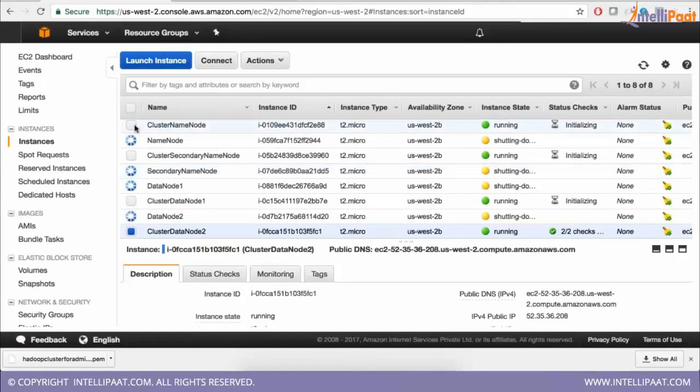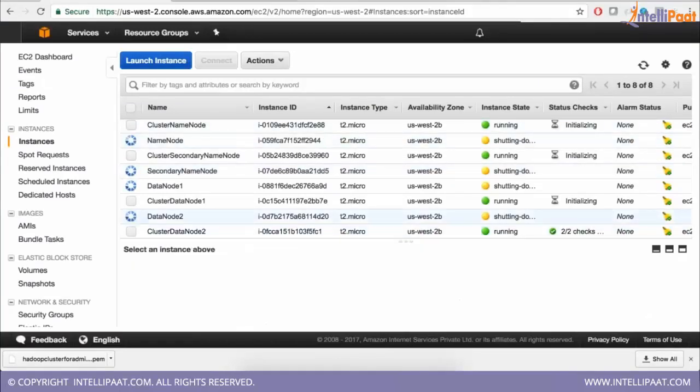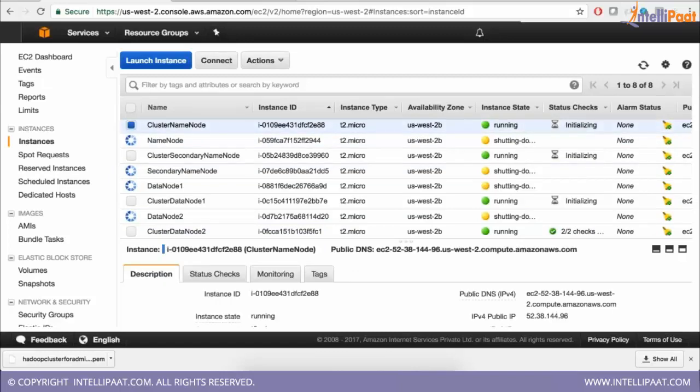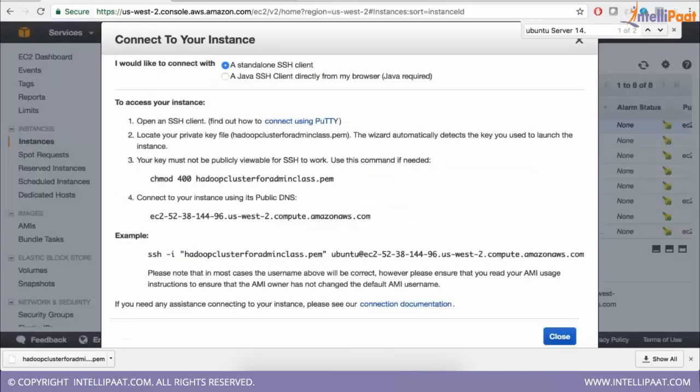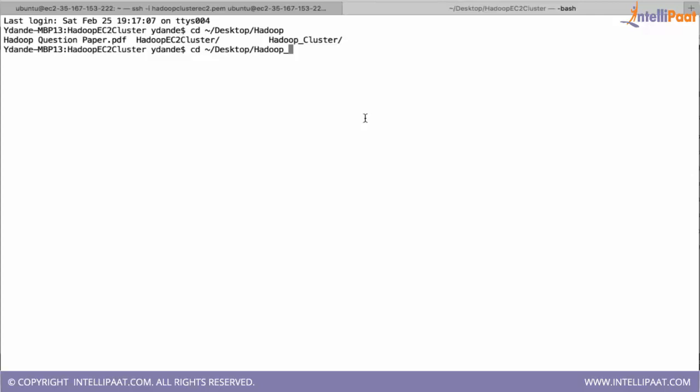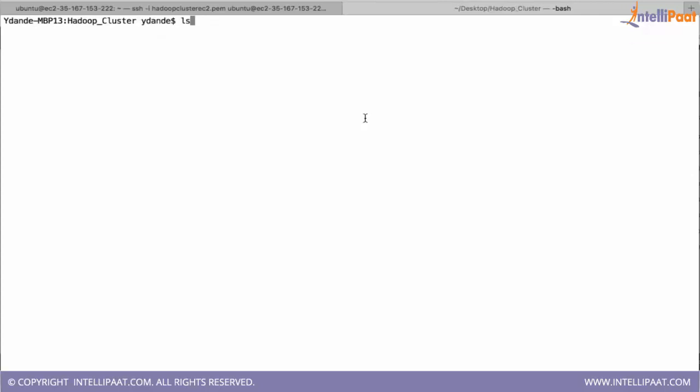And how to connect to a machine, I'll show. We have to connect to this machine through SSH. If you just click on connect, it will show what to do. We already have this file called Hadoop cluster for admin class PEM, which I have downloaded.